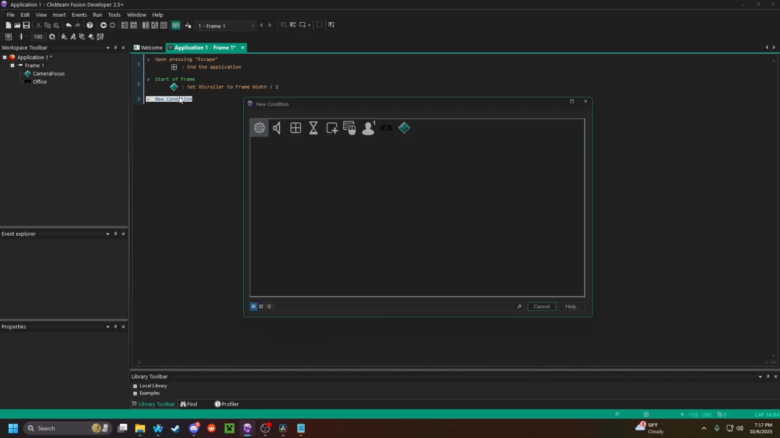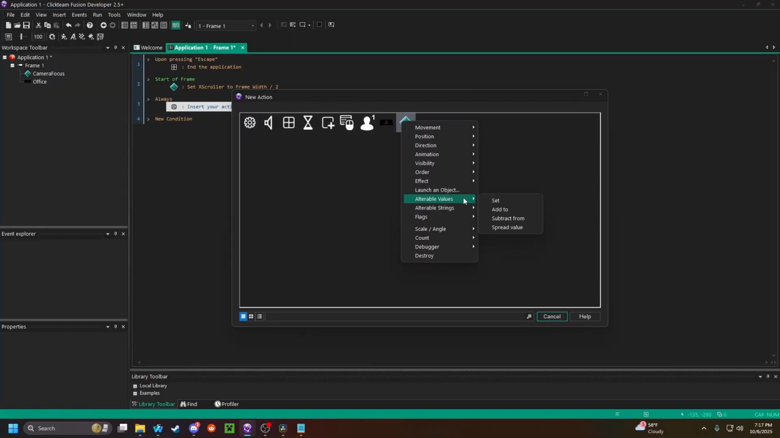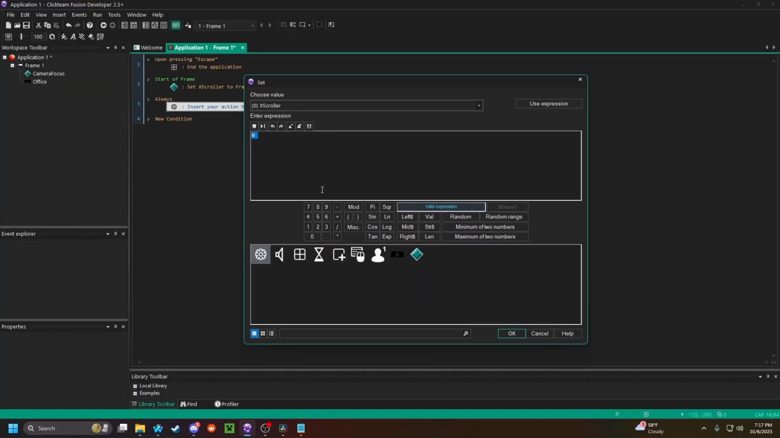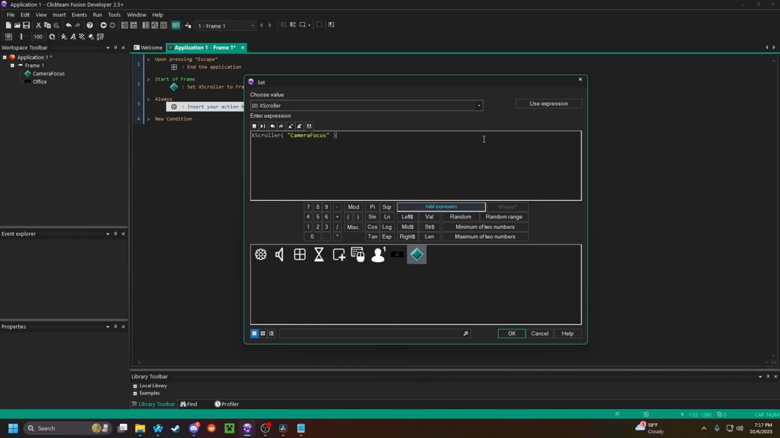So after that, we're going to go to new condition, always, and then we're going to go here, alter value, set X scroller. Now this is going to be a long one, so feel free to slow down or pause at certain points to make sure you got all of it. But we're going to set X scroller to alterable value, the current value of X scroller, plus parenthesis range parenthesis x